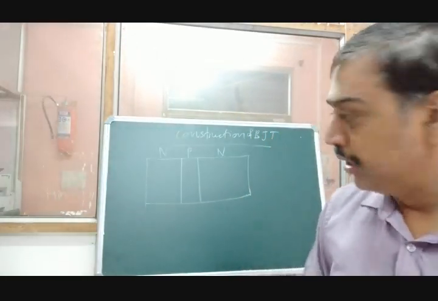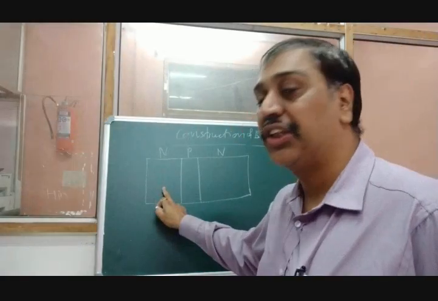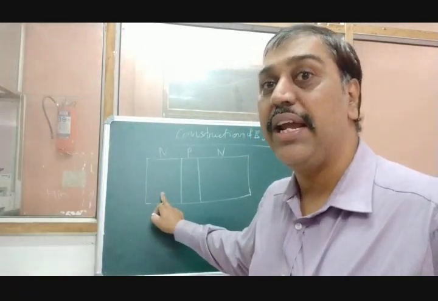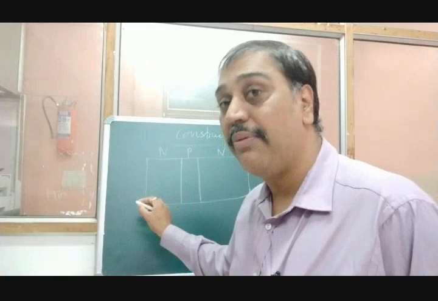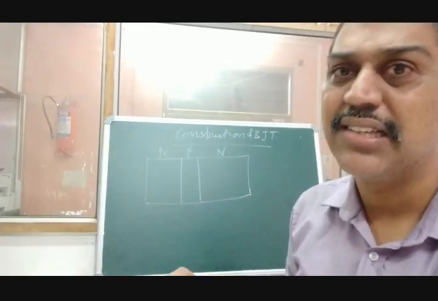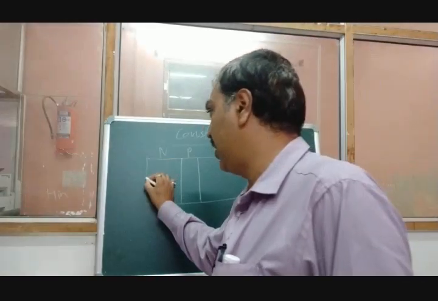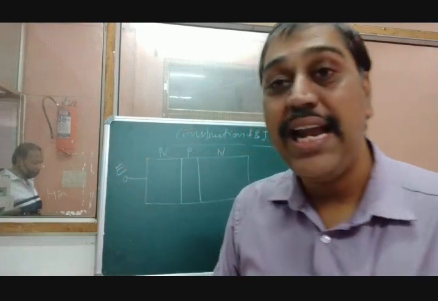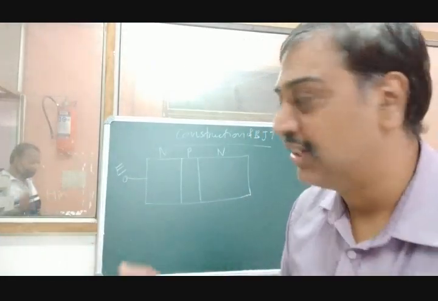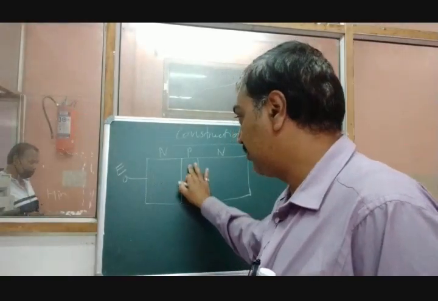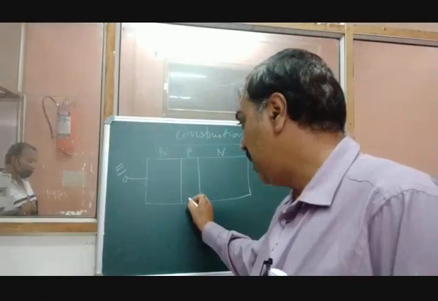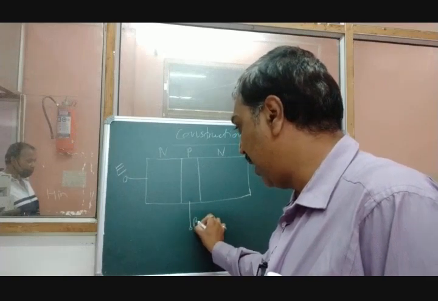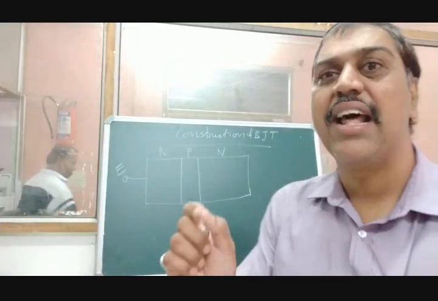Now remember, the first region, which is made up of N-type semiconductor, is said to be the emitter, because it will emit electrons. That's why it is said to be the emitter. So we can draw it here, and we can write E for emitter. It will emit the charges. That's why it is the emitter. This smallest region is said to be the base. So we can draw one connection from this, and we can give the name base. It is an intermediate region.